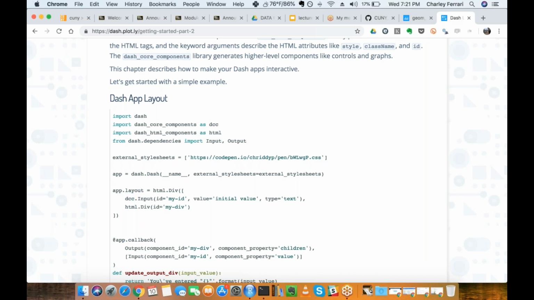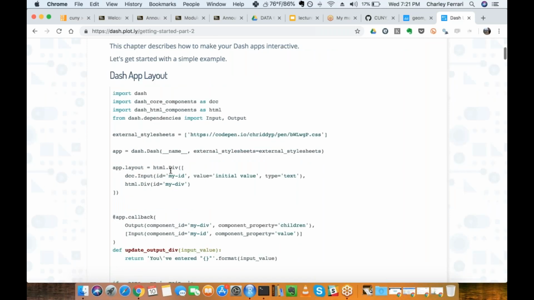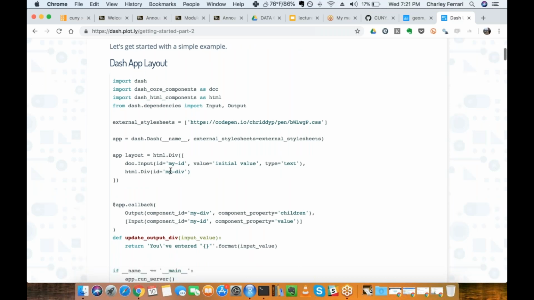So the first thing we're doing is defining our app. So it's this dash.Dash object here, and then we're defining our app.layout. And the app.layout is our UI object in Shiny. It's pretty similar to what you would see there.